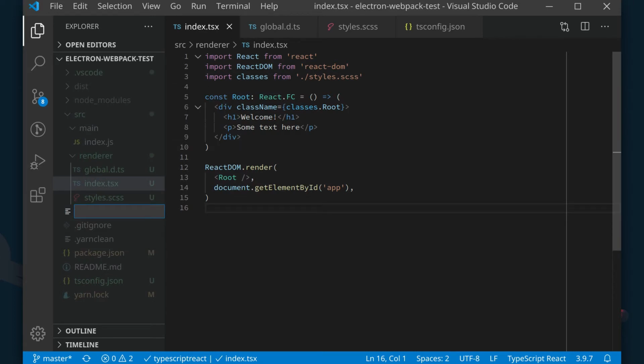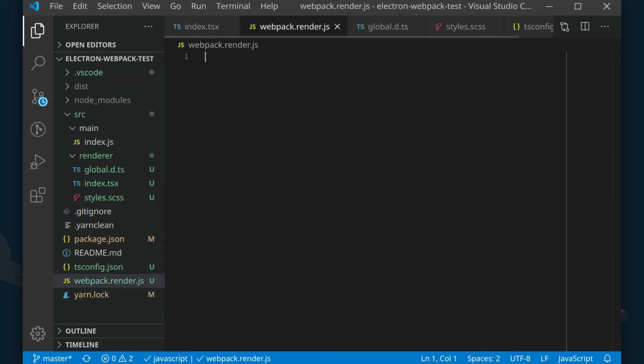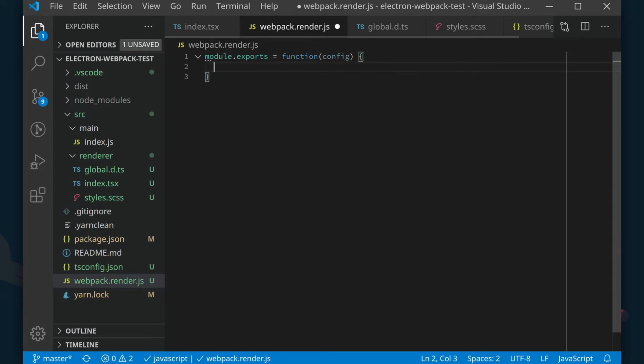It will be called webpack.renderer.js. We need to export, so module.exports function config. This is the webpack configuration that will be passed as a parameter, so we can modify it. Inside of the function, let's filter all of the CSS related loaders. So let's type